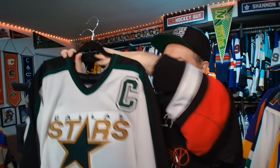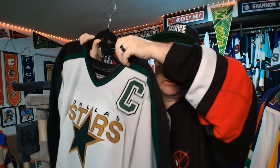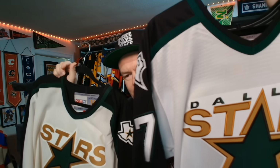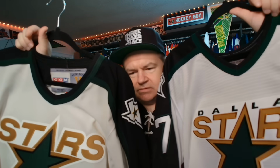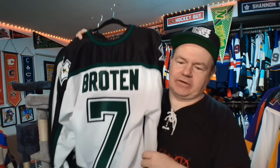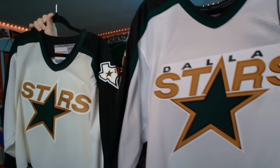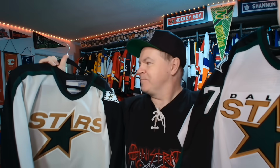But at 85, something interesting here is that this one is a kit jersey. This one is a kit. The fabric is a little different on the jersey. However, you cannot tell that well just looking on camera. But if I bring them up closer, you can kind of tell the fabric's different. This one, I got Broughton's name put on the back of it because he was one of my favorite members of the Dallas Stars, of course. That's why the C's on the front as well. So I love the colors. You will notice this one says Dallas. This one does not. Outside of that,